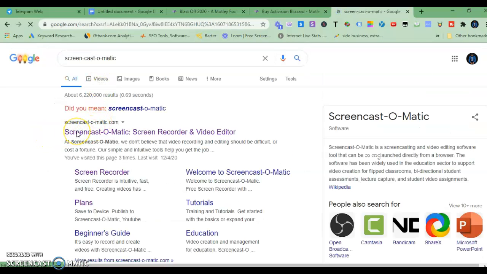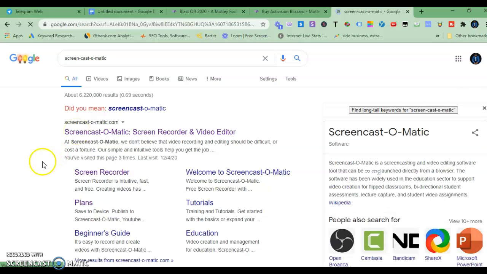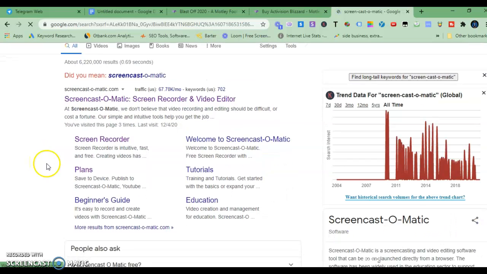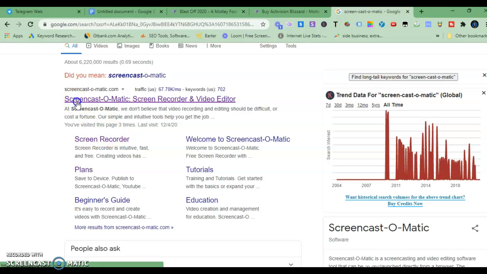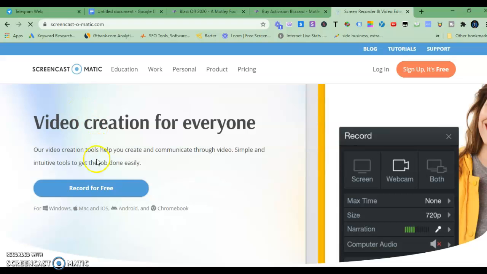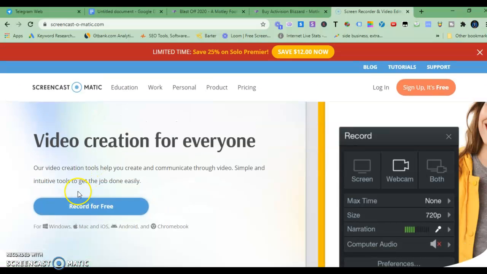Yeah, that's it. So you just click it, then you just click record for free. Record for free. Yeah. So as soon as you do that, record for free. So it's just gonna give you some prompts like